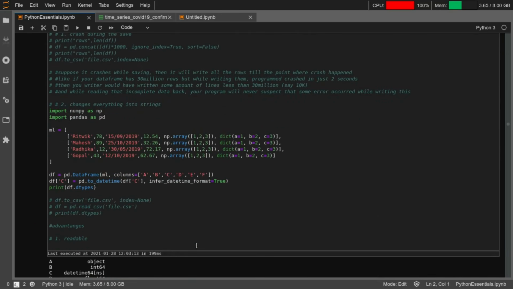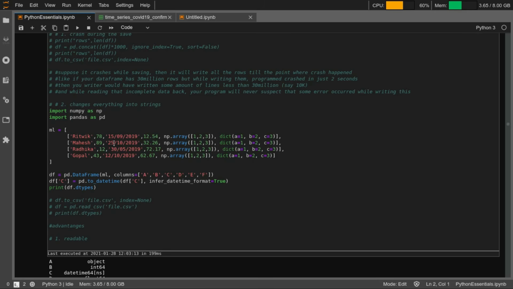Okay, so as I said, one of the simplest ways that you can define a data frame is by giving it all the rows and then mentioning the column names, right? So you can see here there are names, there is some number, I'm assuming this is age, and there is some date, and some time, and some other data associated there.